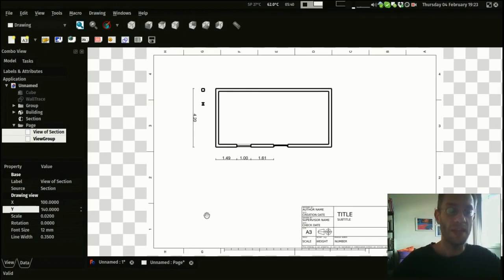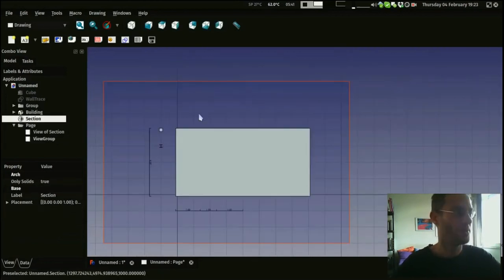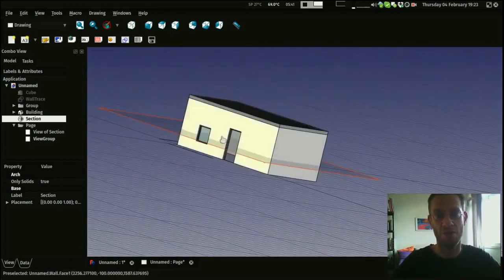That's it. And so simply by changing the position of that section plane, I can begin to create sections and facade views just by placing that plane vertically and doing the same thing. So basically, once you have your model carefully done in FreeCAD, you can just output section planes, plan views, and all the usual drawings that you need. And those drawings are, of course,